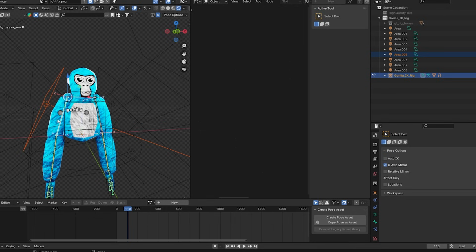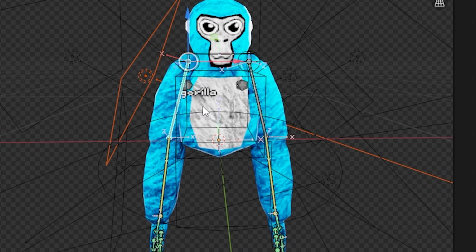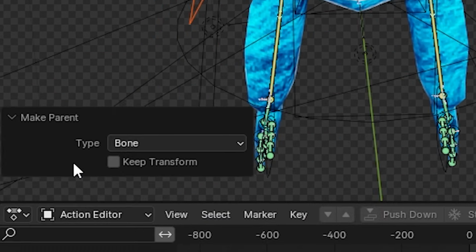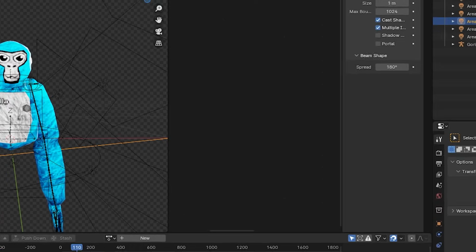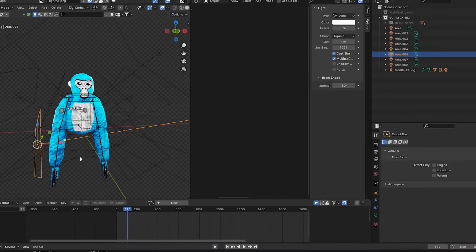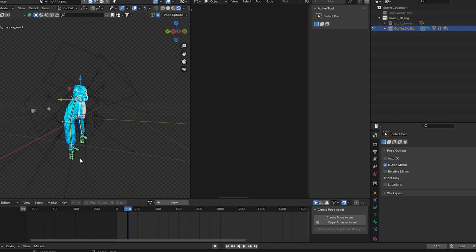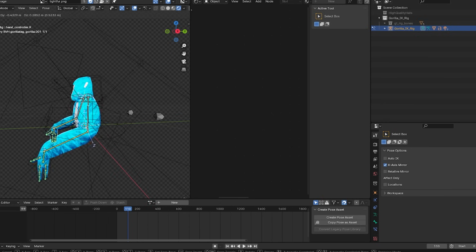And now I'm gonna click the arm bone, since that's where the light is. Then I'm gonna press Control P and bone, and go down here to make parent and press keep transform. And I'm gonna just do that with every single light, and I'll see you when I'm back. And what this really does is if I move the character, the lights are gonna follow it, which saves so